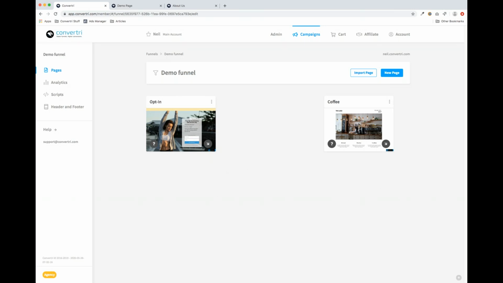Lane's also asking, is there a way to copy the page defaults to all the pages in the funnel? Not directly at the moment, though we are working on a system for basically setting page defaults for every page in the funnel. I'm not sure when that's going to get into the app, but it's currently in the design stages of our product development process. Until then,